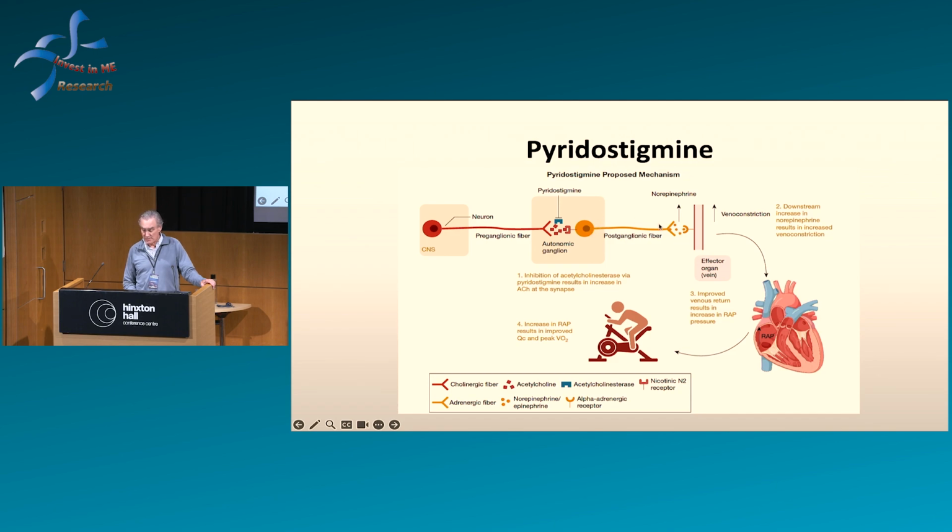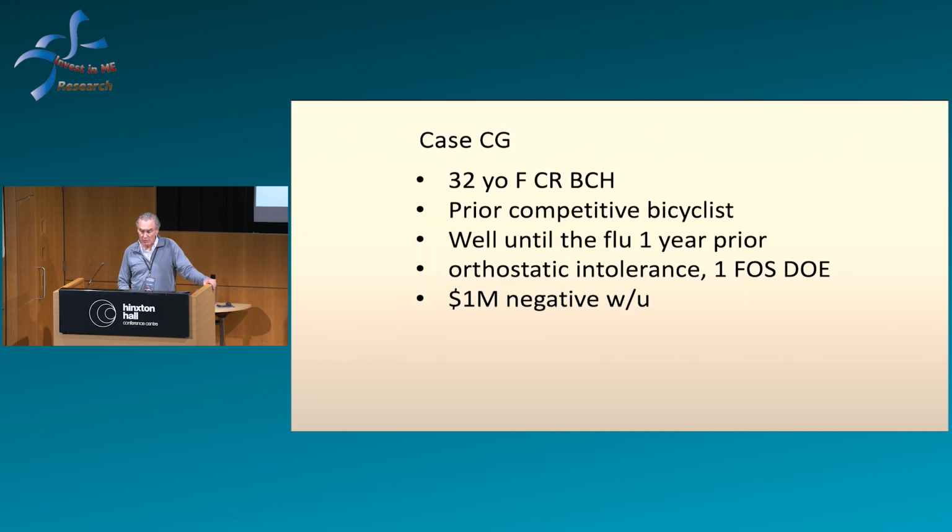And notice this adrenergic fiber goes out to the blood vessel. So we think we're augmenting cholinergic tone here, but in turn augmenting sympathetic tone to the blood vessels. I'm going to give you a quick case here, just for those of you, for the patients here, near and dear to my heart. So this is one of the early cases we treated with pyridostigmine that really got us